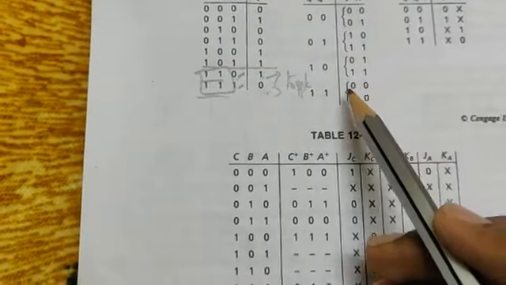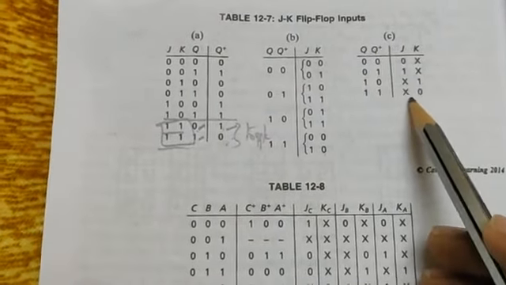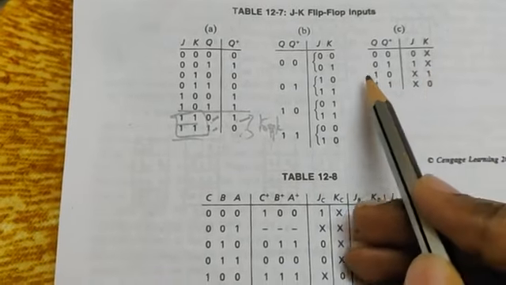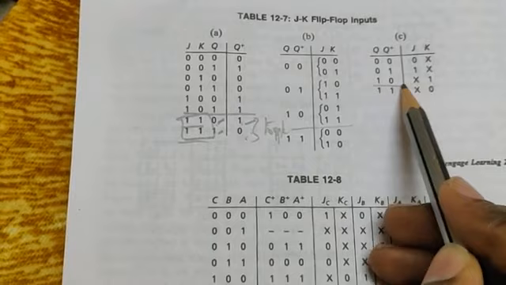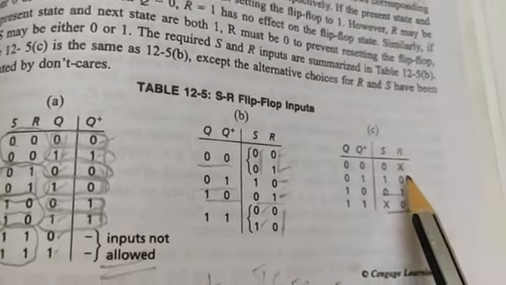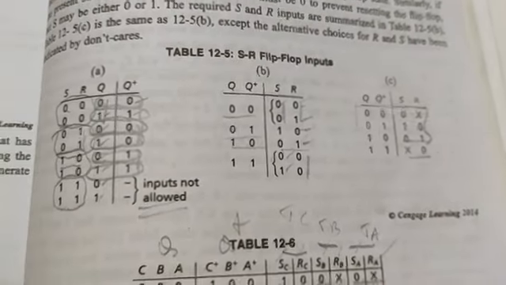So based on this, they have constructed. So look at here. This is 0x, 1x, x1. So up to here, this is same as 0x, 1 0, 0 1, right?